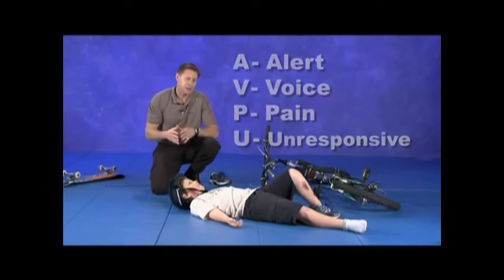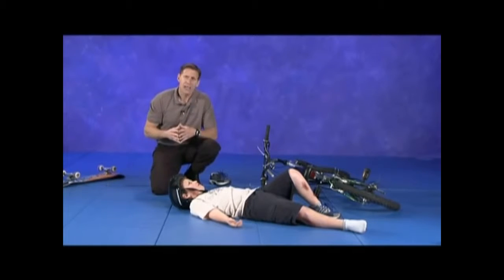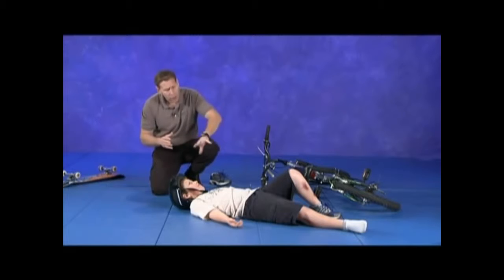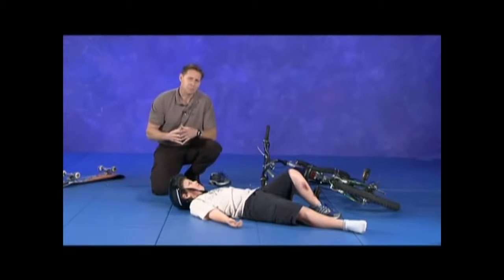Another priority that we need to do in an accident like this is look for bleeding. We can come up and hold Robert's head. We can go down and look at what's going on with all the bruises. But if we see bleeding, we're going to address that right away because somebody can bleed to death pretty quick. So you need to address that as soon as you get on scene.